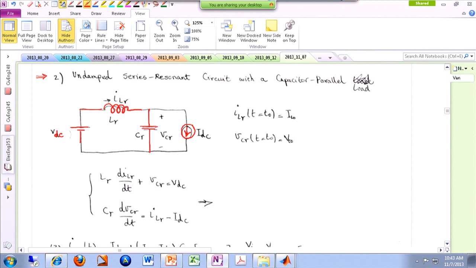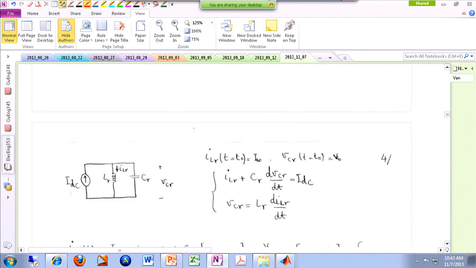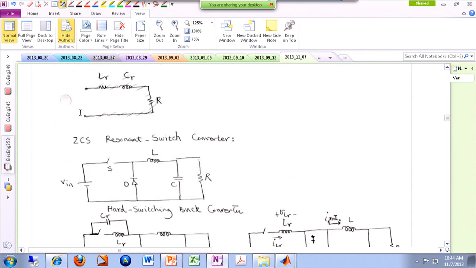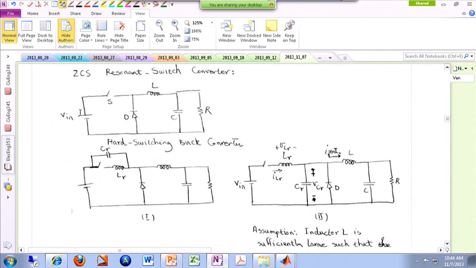And then there's a third case, which is a special case of this, and that is case number 3 over here, which is when this DC source does not exist and it's more like a short circuit. So if you have everything about case 2, cases 1 and 3 are special cases of case 2. So we're going to start looking at these and then go and start analyzing our first resonating converter,